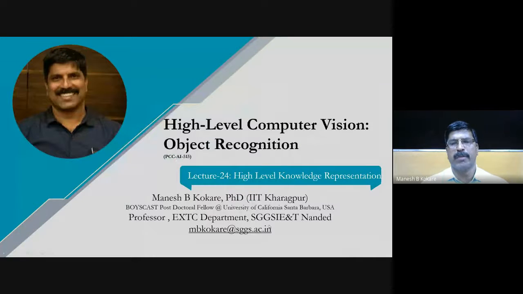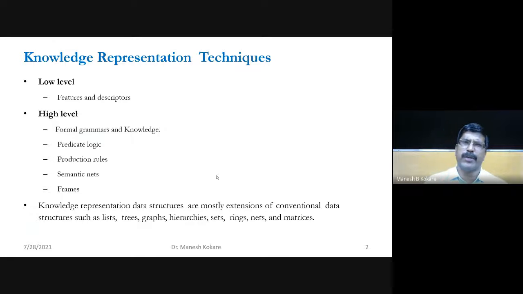Welcome to lecture number 24, and in this lecture we will be studying high level knowledge representation. So we'll continue yesterday's part which is left, how to represent the high level knowledge. Yesterday we talked about what knowledge is, and then how it is represented in computer vision